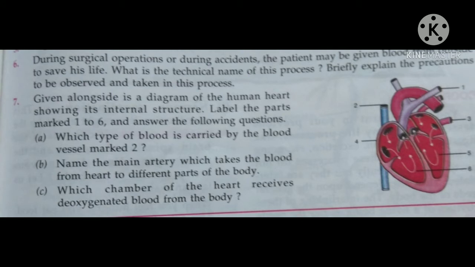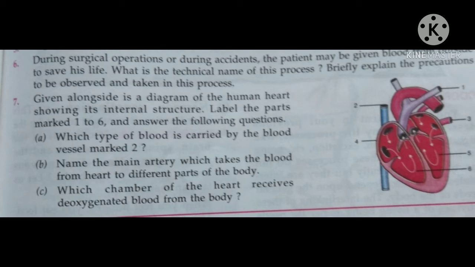Next, explain. First one, universal donor. In page number 60 you will get universal donor, and you will get universal recipient also. First one is universal donor. The blood group O can be given to all the groups. Hence, a person with O blood group is called a universal donor.